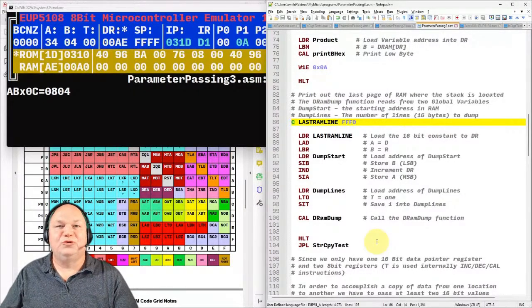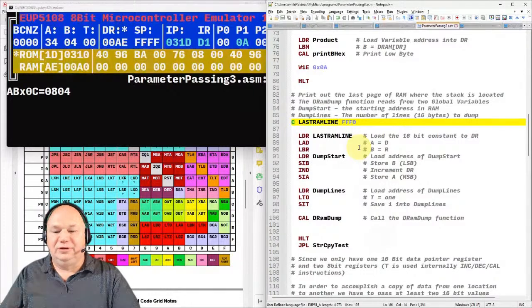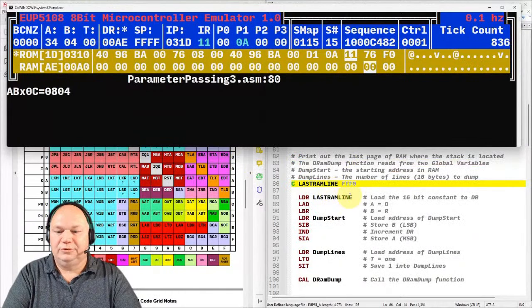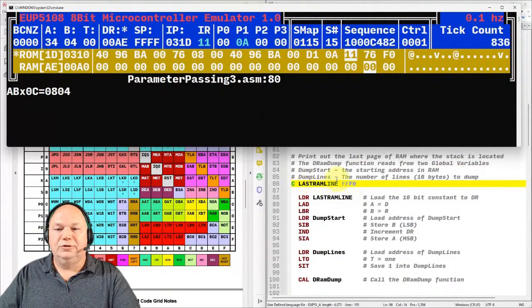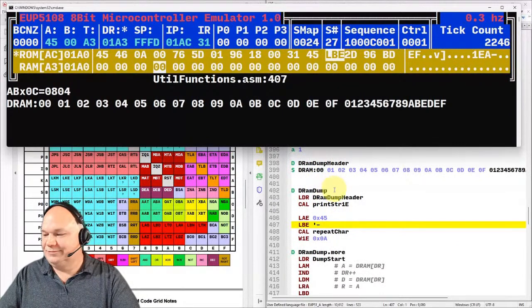So this is a more complex version of passing values by globals into functions. So in this case, we're going to print a particular location of RAM and print out a sequence of those bytes. And what we need to do is we will need to, in this case, we're creating a constant, which just basically says,